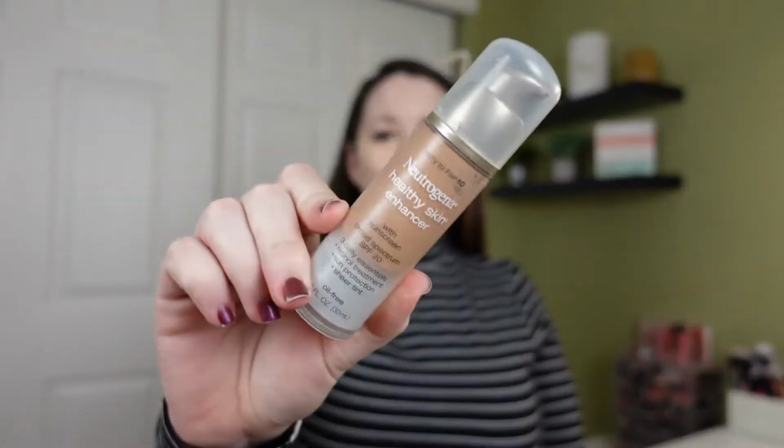Okay, so for foundation, I landed on number 40, which is from Neutrogena, and this is their Healthy Skin Enhancer. So it looks kind of dark, but it says Ivory to Fair. So I'm gonna hope that we can kind of make this shade work. I haven't used this foundation in quite a while. Oh, it looks so dark. Oh dear. All right, I am going to use this Real Techniques face brush and try to really blend it in. I know it's kind of a lighter coverage, so I'm wondering if it will work,